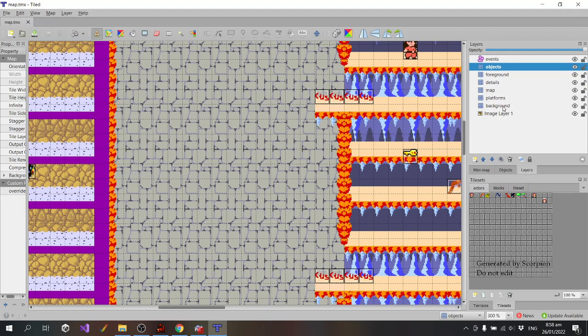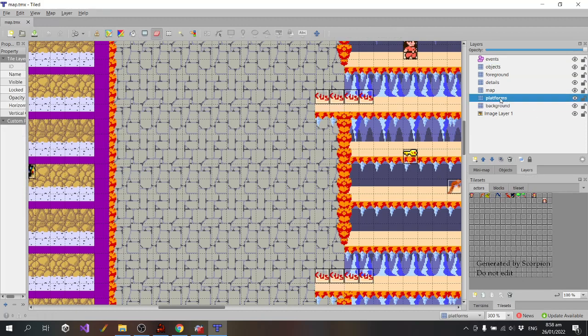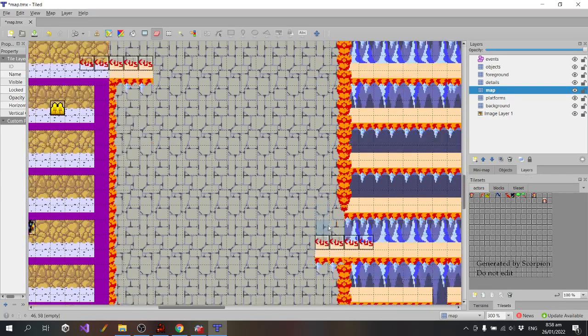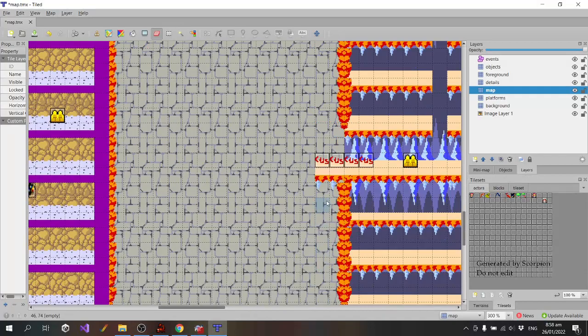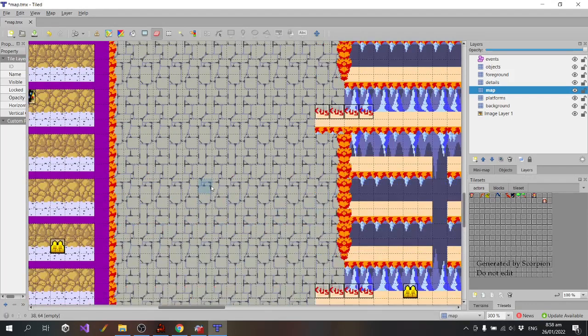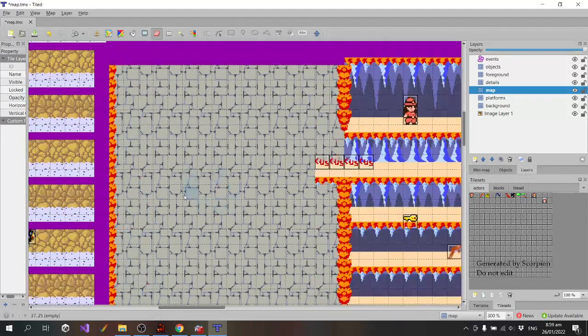So I just have to remember what tiles I need to change. I'll do it there, and there.